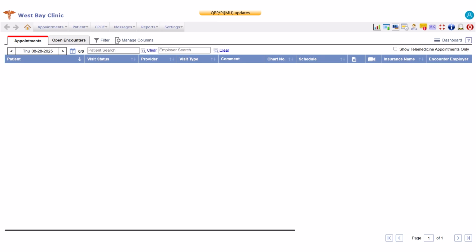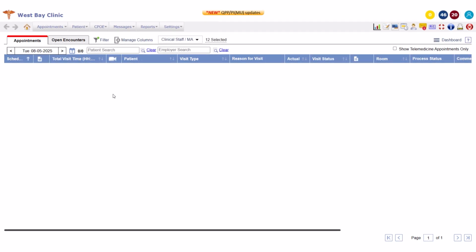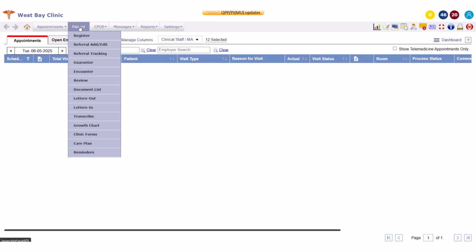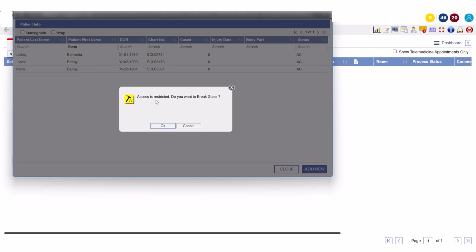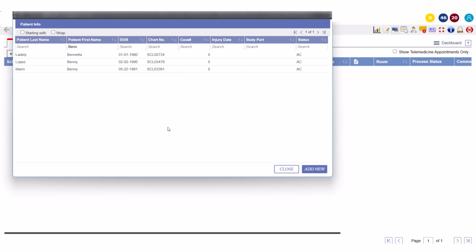When a user who has been denied access but is assigned the Break Glass role tries to open a restricted patient record, the system displays a prompt which states, "Access is restricted. Do you want to break glass?" To proceed, the user must click OK on the prompt and then click on the patient's name again to confirm